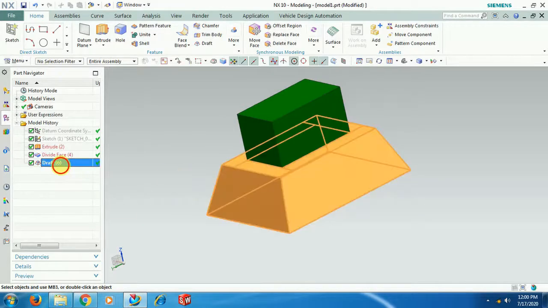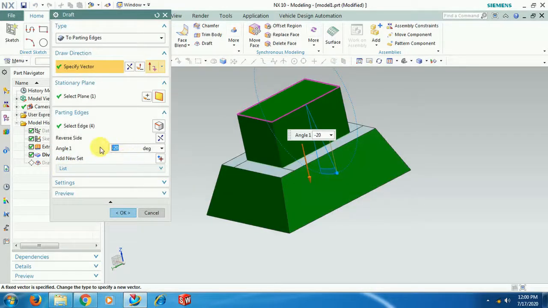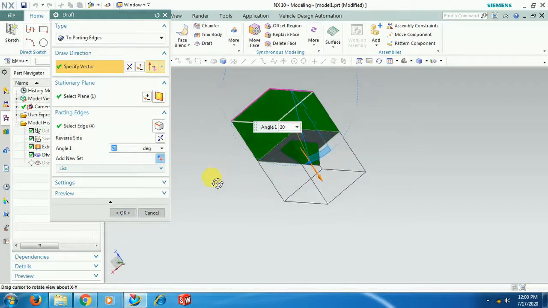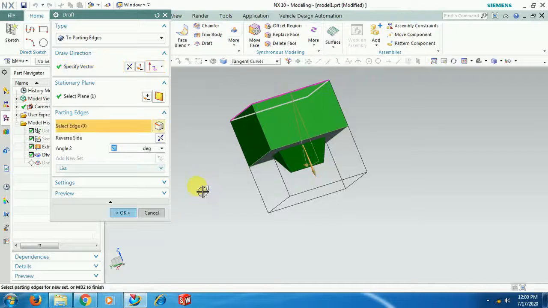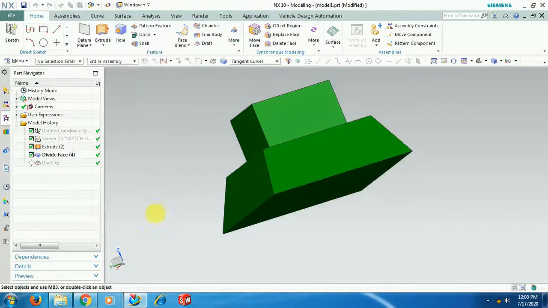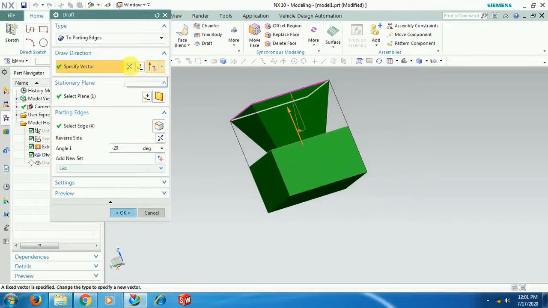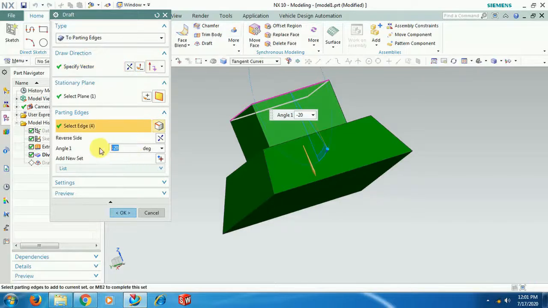Then what happens if I give +20 in this direction? See, inside you will get 10. If I give 10, it is not accepting. See, reverse direction, +20.